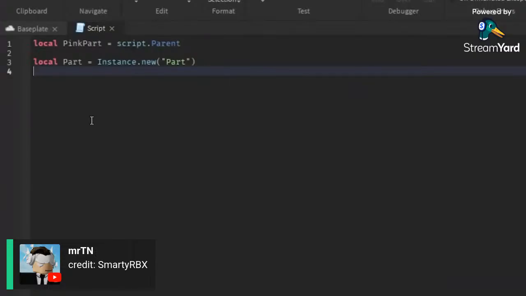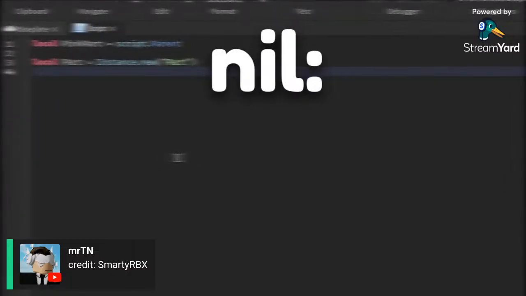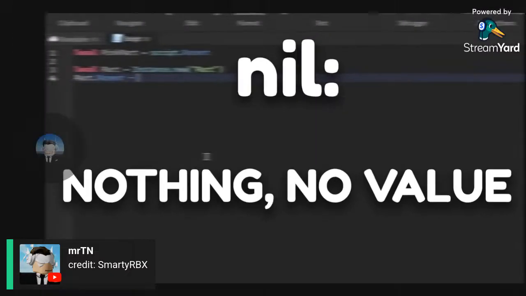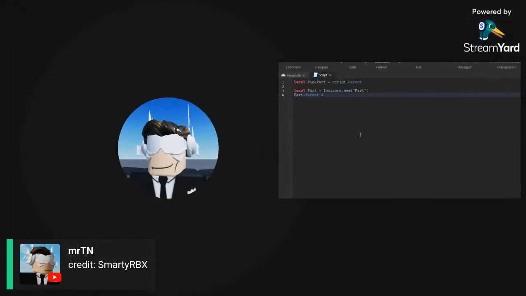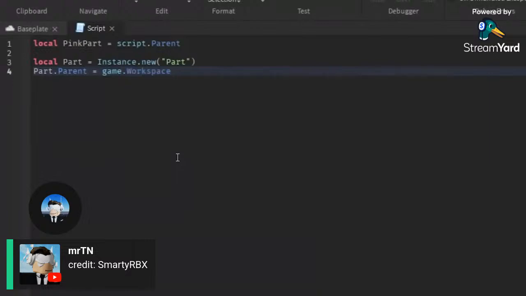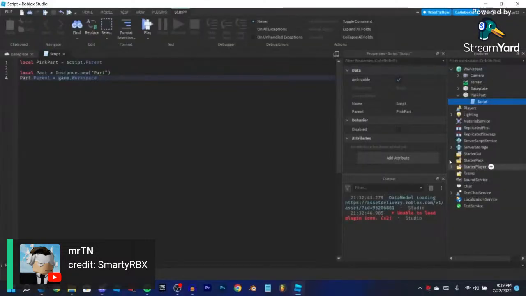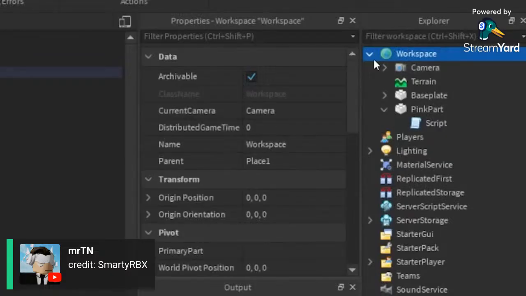So right now we're going to parent this object, this part, to a different object in Studio. Now right now the parent of the part is nothing, and in scripting we write nothing as nil. So part.Parent equals nil. That's already what it's at. So if we change it from nil or nothing to, let's say, game.Workspace, the game is just the whole game that we're editing. Everything inside of the Explorer here is in the game, and inside the game is Workspace at the very top, which is where we see all our parts. So this part is going to go into Workspace, and it's going to be visible in the game when we run the game. It's not going to be visible until we start playing the game. Parent is actually just a property